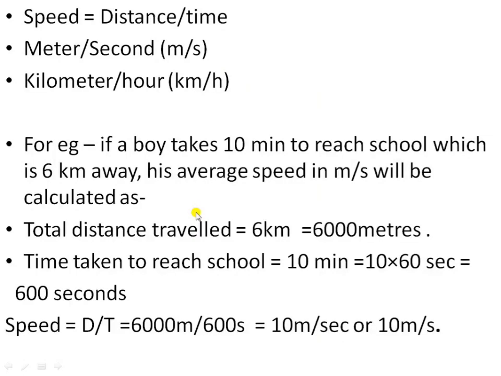Okay, next is one more thing. Please note that the symbols of all the units are always written in singular, not in plural. For example, here the 6 km, we cannot write it as kms. So we have to write kilometer per hour. We cannot write this kilometer as kms. So kilometer is only k and m.